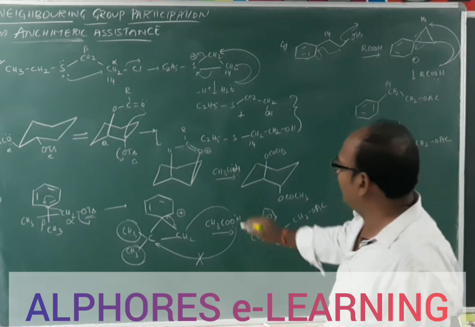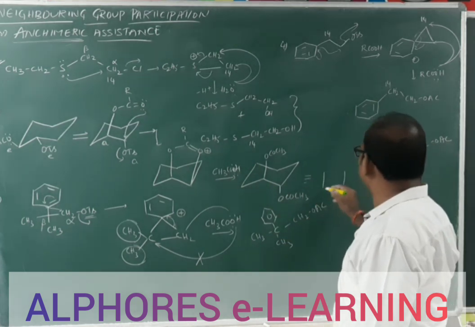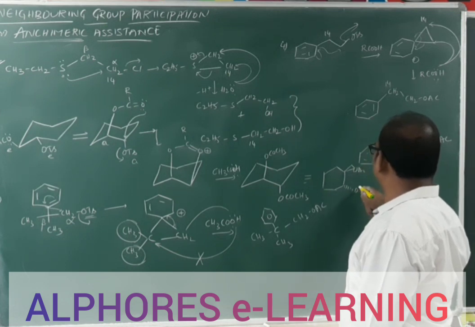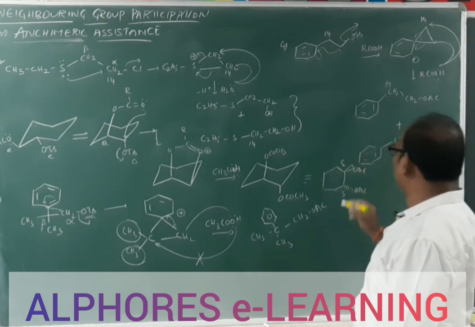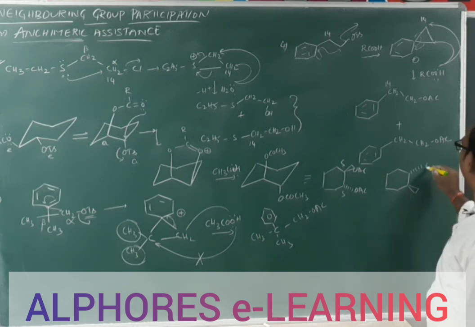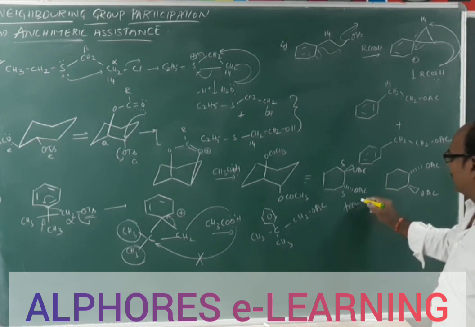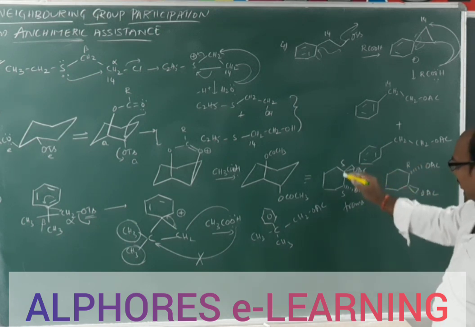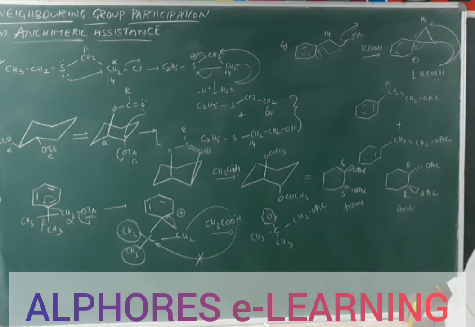Now in this example, if you convert into the normal product, means like this, here one OAc group like this and one OAc group like this. If both are S, and one more possibility here, both may become R. That means you are getting diastereomeric products here, OAc and OAc. This one is trans, this one is trans or anti, and this one also anti. Both are trans or anti, but one is S. If both are S here, in this case both are R. So these two are the diastereomeric products you are getting.